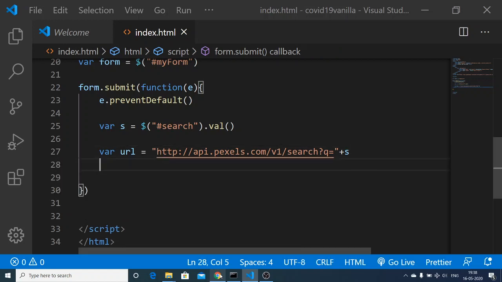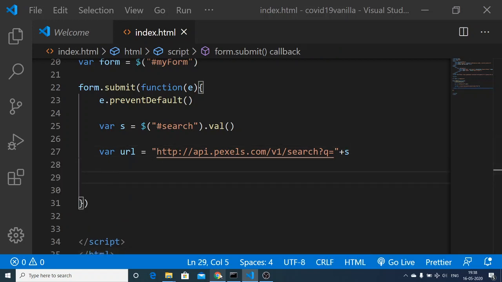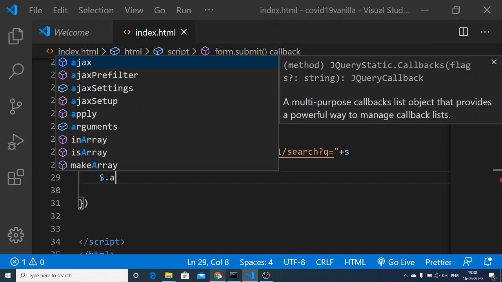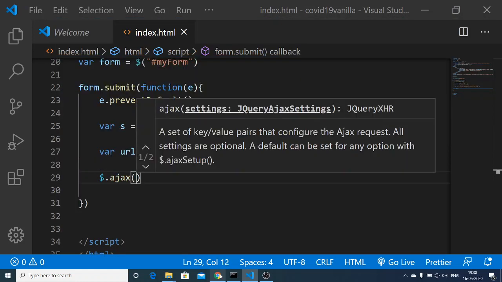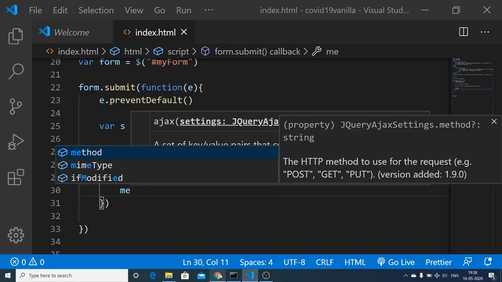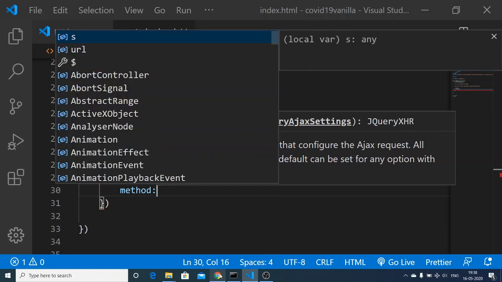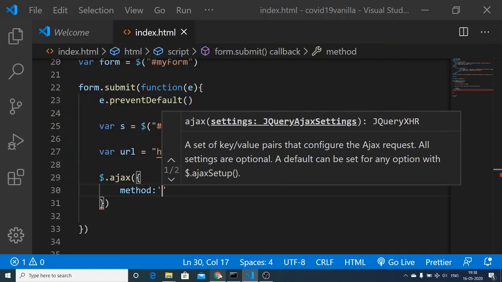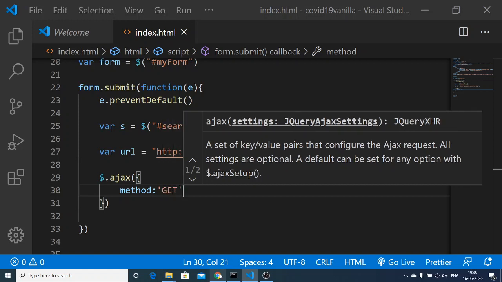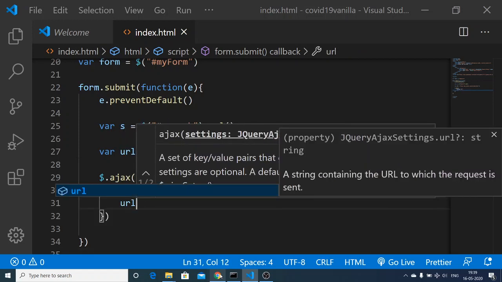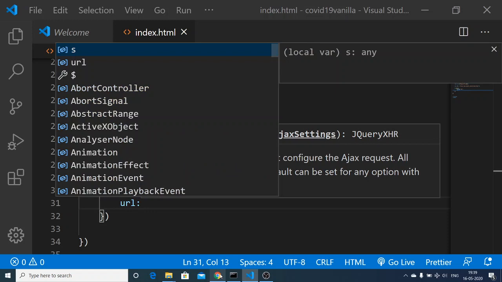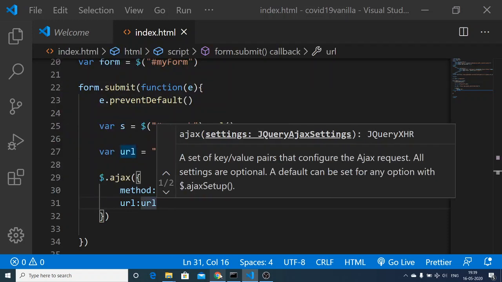That's it. After this we need to make a simple get request to it, so we will use the $.ajax method, and inside this first we will pass the method which will be the GET method, and then the URL which we have defined in the URL variable.